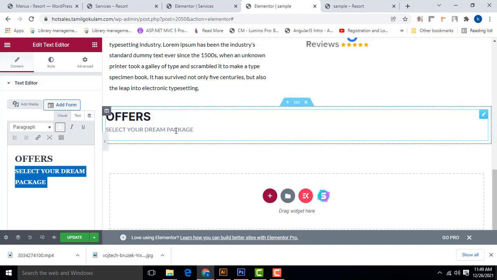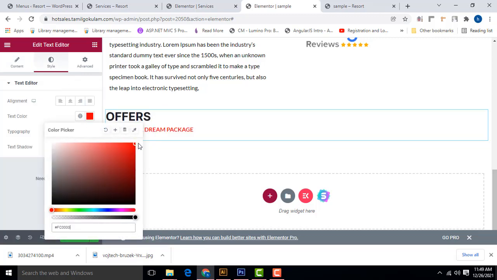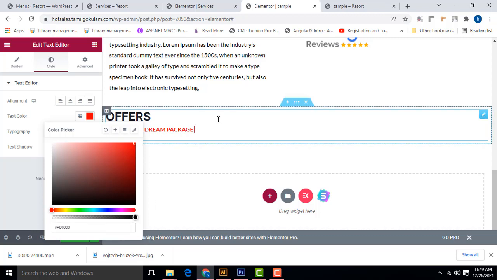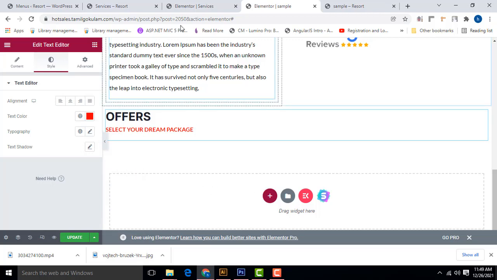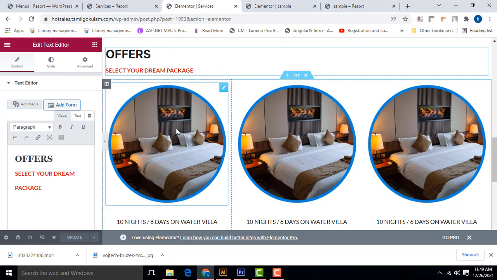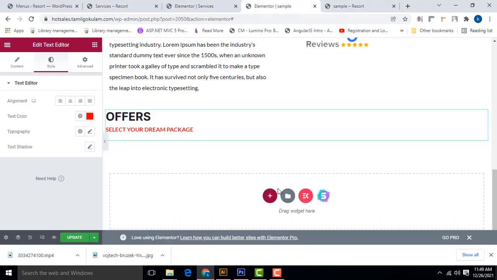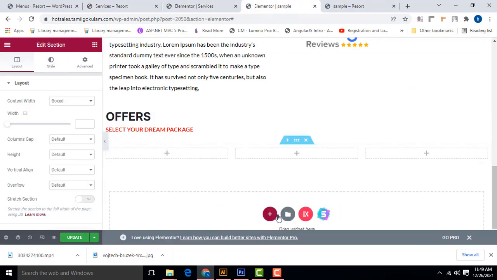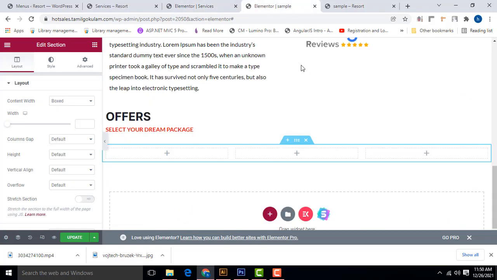Okay, perfect. Here we have to change the text color. Perfect, it's changing the text color as well. Okay, after that, here we have to do another thing, this one. We have to add these images and everything. So how to do the task is, go here, click on this one, select 3 because we have 3 columns, so we have to add it as a 3.